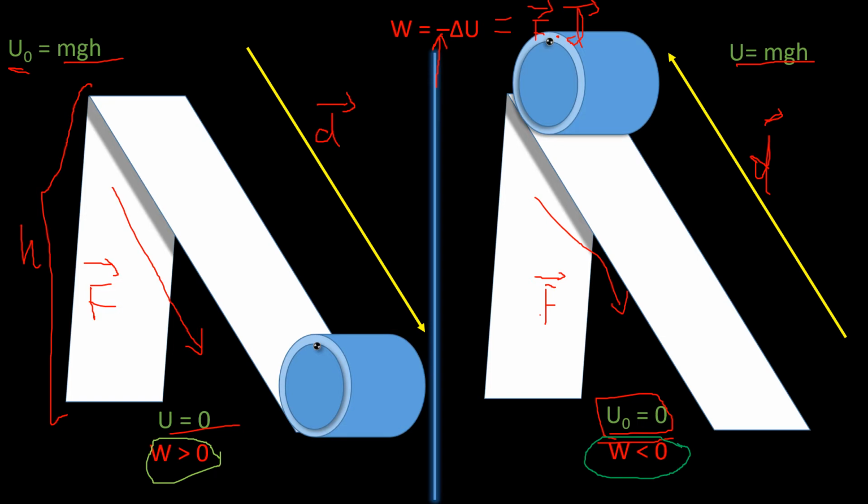Now why do we need to recall this? Because the concept of work and potential energy is very similar even if you are talking about electric charge in an electric field. Conceptually work is the same, conceptually potential energy is the same, and the relation between the two is also exactly the same. Okay, so with the concept of work and potential energy clear, let us try to understand it for electric charge and electric field.